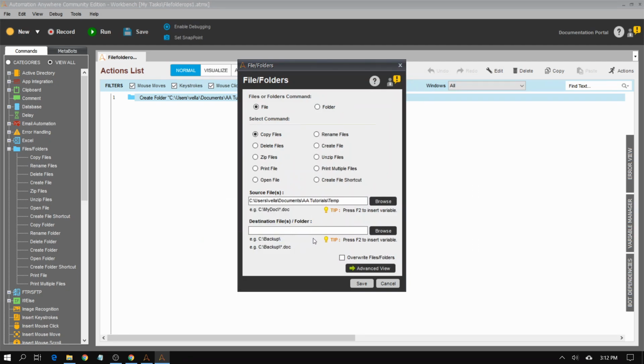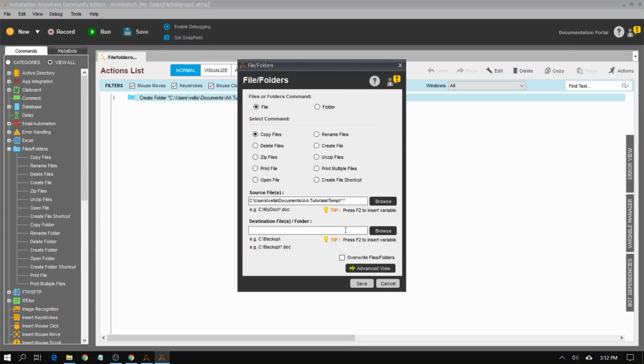Now what files I have to copy? In this case, I want to copy everything, so I mentioned star.star wildcard. Suppose if I want to copy only doc files, star.doc. If I want to copy only Excel files, star.xls. Only text files, star.txt, like that. So in this case, I'm mentioning only star.star, which means I have to copy all files, and then this text